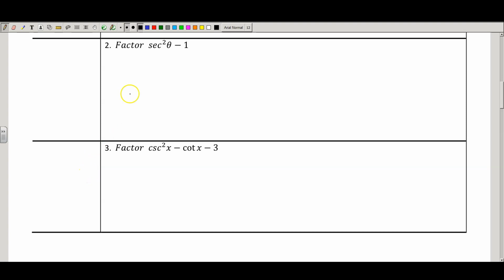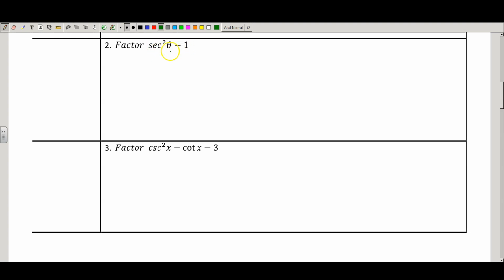Hey, Trigonometry. What I want you to do is take out your notes from yesterday. We're just going to finish up a couple of the things that we did not do in class in our notes, which was some factoring problems, and then maybe look at number 51 in our homework because that also involved some factoring. So if you look at number 2, this is an interesting one because secant squared minus 1 is